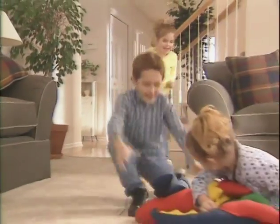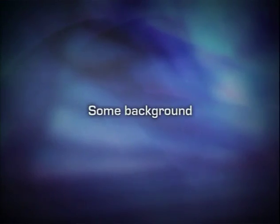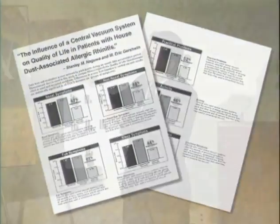For many years, central vacuum systems have been associated with cleaner living environments. Now, public and private research and testimonials from allergy sufferers suggest that the superior cleaning performance of central vacuum systems also may have a significant health benefit. Some background. In 2002, a clinical study was conducted at the University of California at Davis to determine the effects